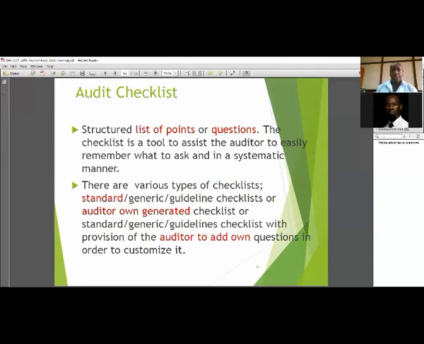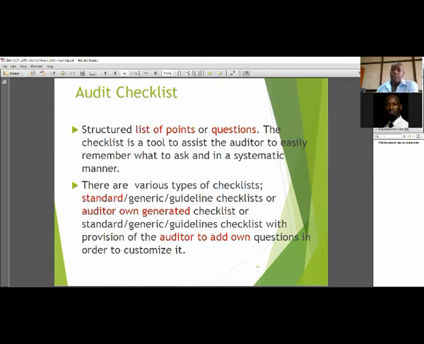I mentioned about checklists. What are they? They are just a structured list of points or questions. They are tools to assist the auditor to easily remember what to ask and in a systematic manner. So a checklist is just a document to guide you on what you want to check. There are some of the experienced auditors who don't even use the checklist, especially the external auditor. But at times I find